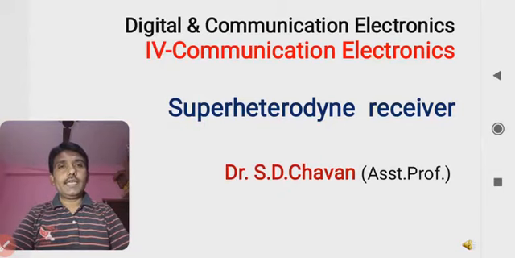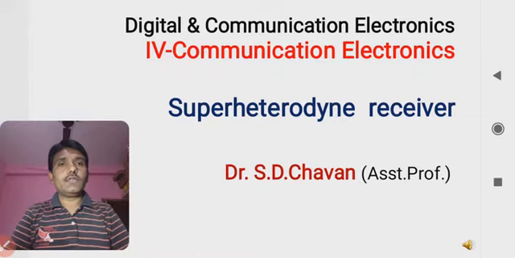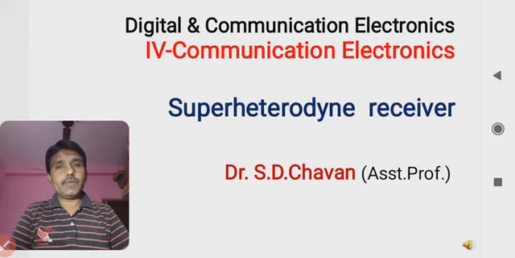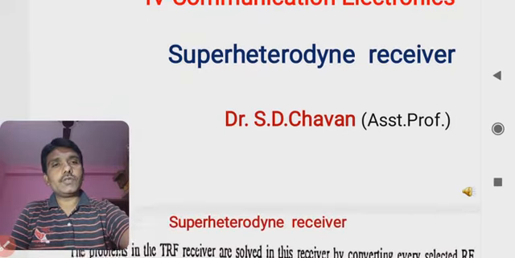Hello everybody. Once again I am here with you for another part of this fourth unit, that is communication electronics. Now in the previous session we have seen what is TRF, that is tuned radio frequency receiver, in which we have seen there are a number of problems regarding the instability, as well as change in the bandwidth, as well as the selectivity problem. Somehow the super heterodyne is more superior, and nowadays this super heterodyne receiver is used due to overcoming the drawbacks in the TRF.